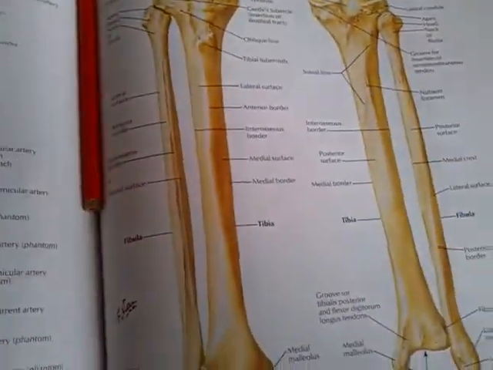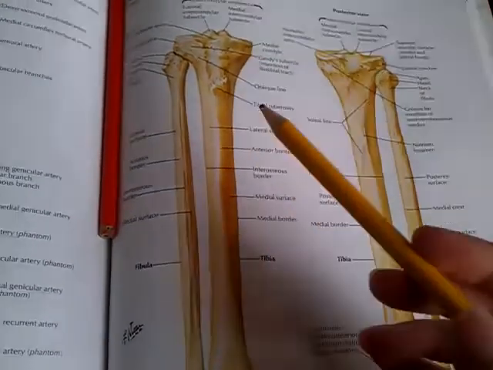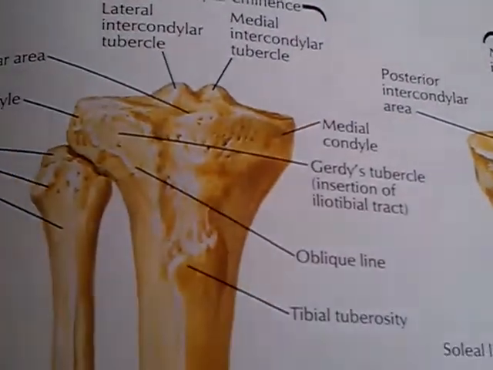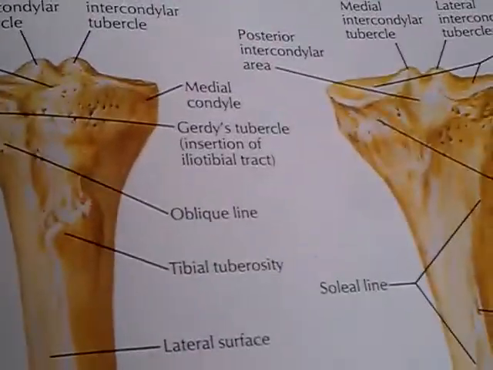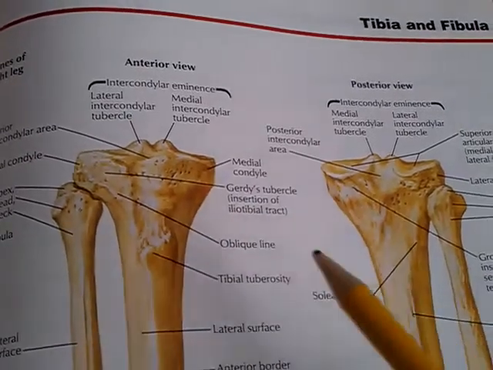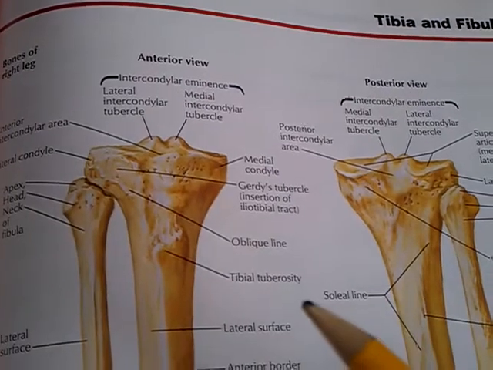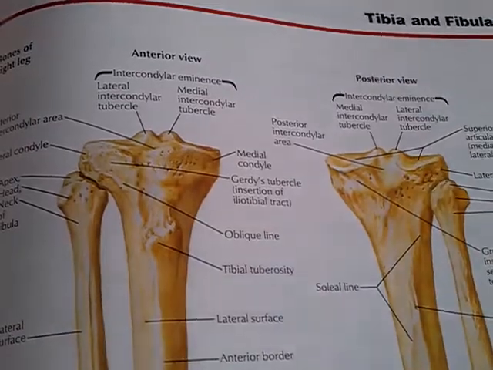Now for the tibia. This is tibia. The proximal end is expanded into the medial and lateral condyle. And the condyles bear superior articular surfaces, and these two surfaces are divided